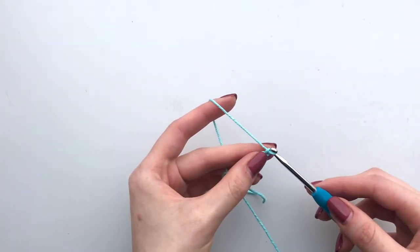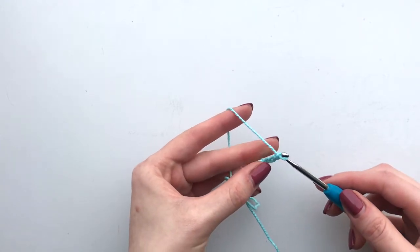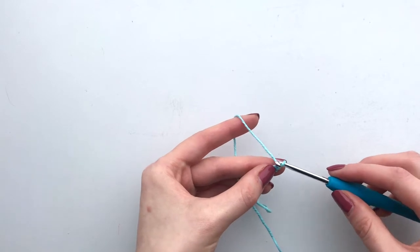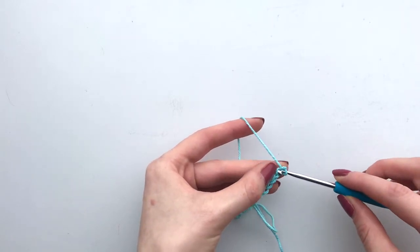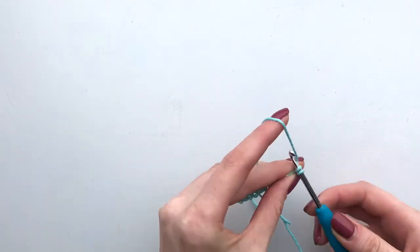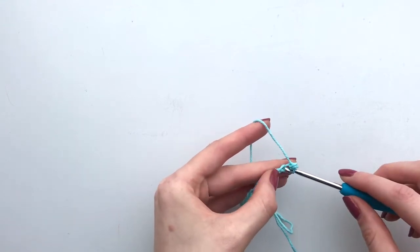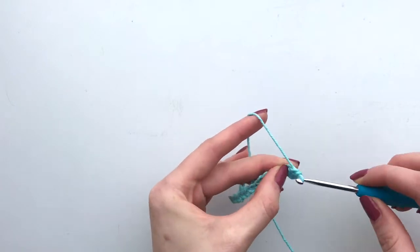I've got my 18 stitches. I'm going to chain 1 to turn and begin working in single crochet. We are not starting in the stitch directly below the hook, it's going to be the next one. Insert your hook into that stitch and begin working in single crochet. We're then going to carry on inserting the hook into each stitch and putting one single crochet into every stitch as we go along. So this is number 2,